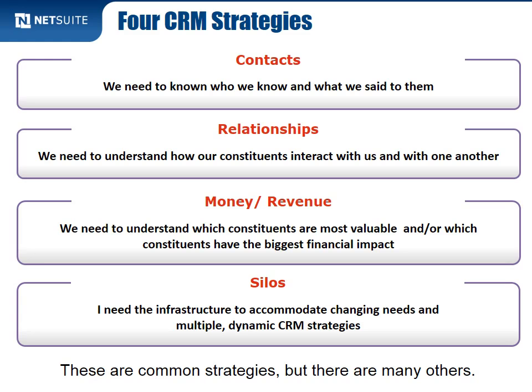The third one is money and revenue, and there are really 2 versions of this. There's the donor database version, which is I just need to know who's going to generate the most revenue so I can pursue my mission. But another version that's not often thought about is the expense side. This is more the client management side. My constituents are receiving services from me. Which of my constituents are the most expensive or the least expensive to serve? And so where's the most, quote, bang for my buck?